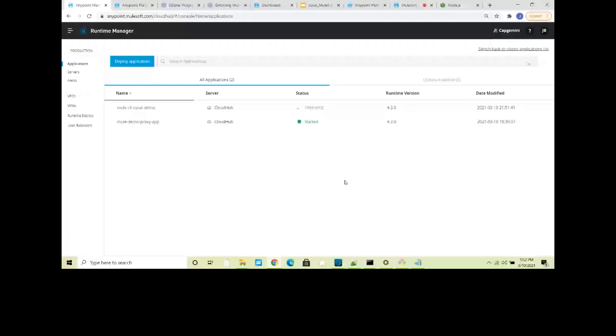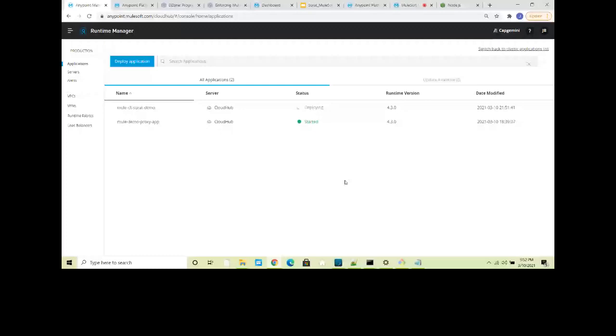You can see the application is deploying. Okay, so if you see, we have added two properties also. I want to show you that. So those properties, you can go to manage application, you can go to properties. So you can see those properties are all automatically added into your settings properties basically.